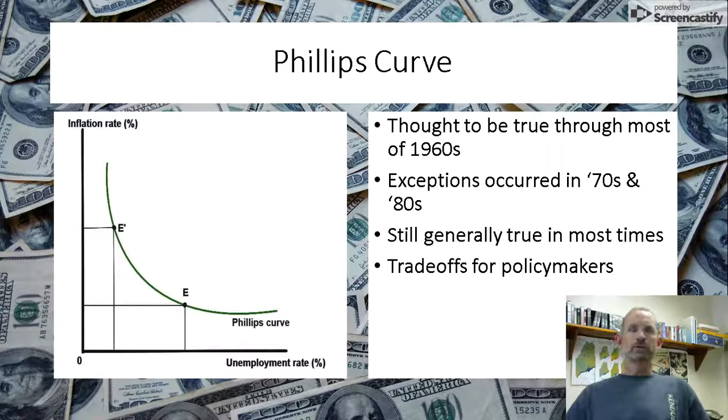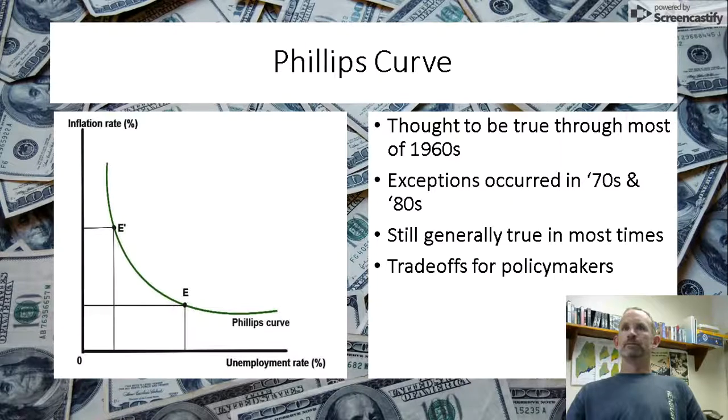The Phillips curve is very simple, looks kind of like this. There are a couple of different pictures in your book. And you don't even have to worry about the curvature here. The important part for us is just the negative slope, which tells you that as the inflation rate goes up, most of the time the unemployment rate is going to go down and vice versa. When inflation goes down, unemployment goes up.